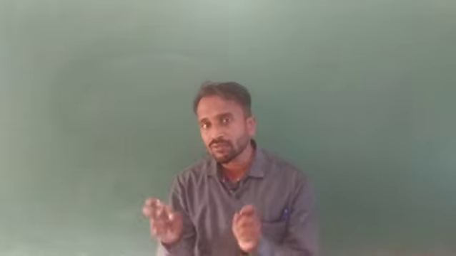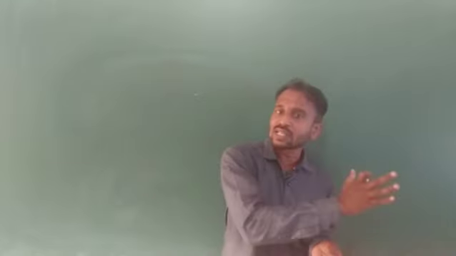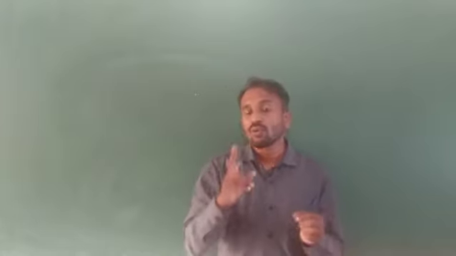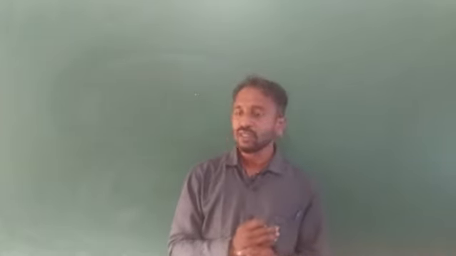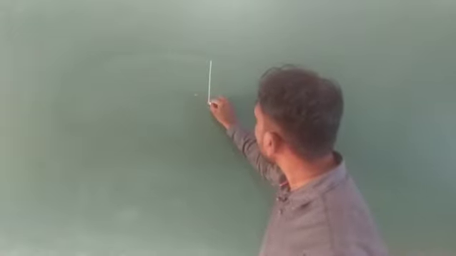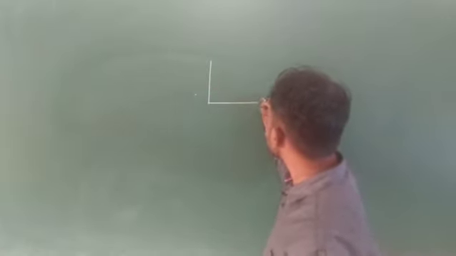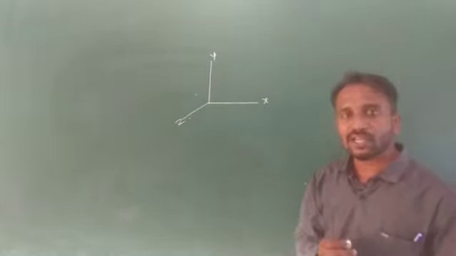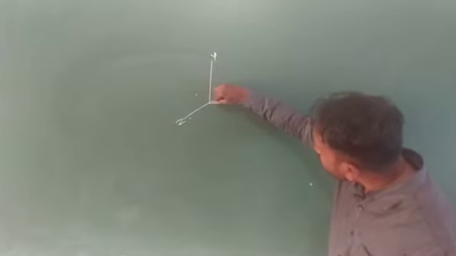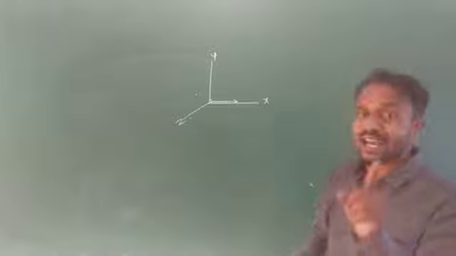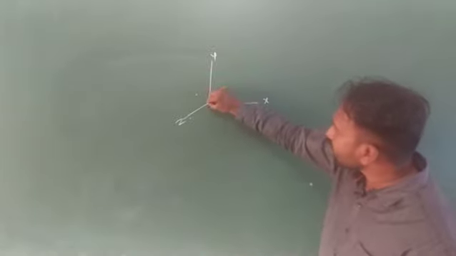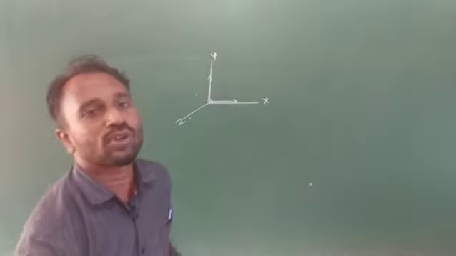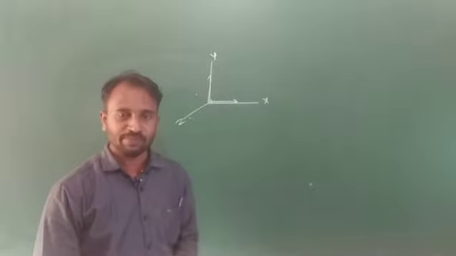Here we know that the object travels along a straight line. Why? Because in motion in a straight line we consider only one axis. For example, here we consider the x-axis, y-axis, and another one is the z-axis. So the object traveling along a straight line means we consider only one axis, suppose the x-axis or y-axis. But in the next topic we study objects traveling in a plane.